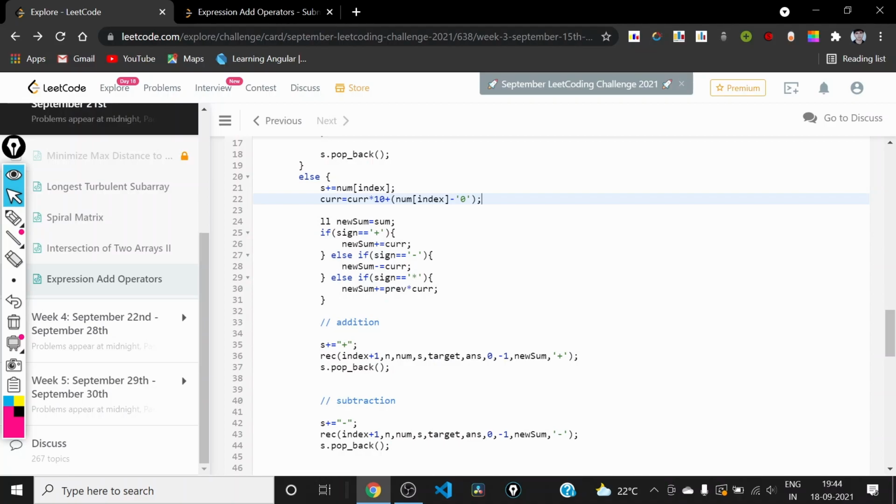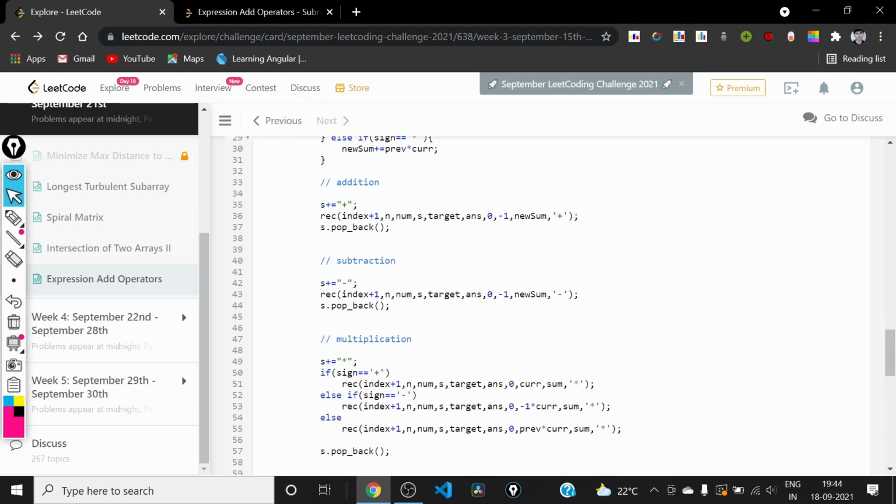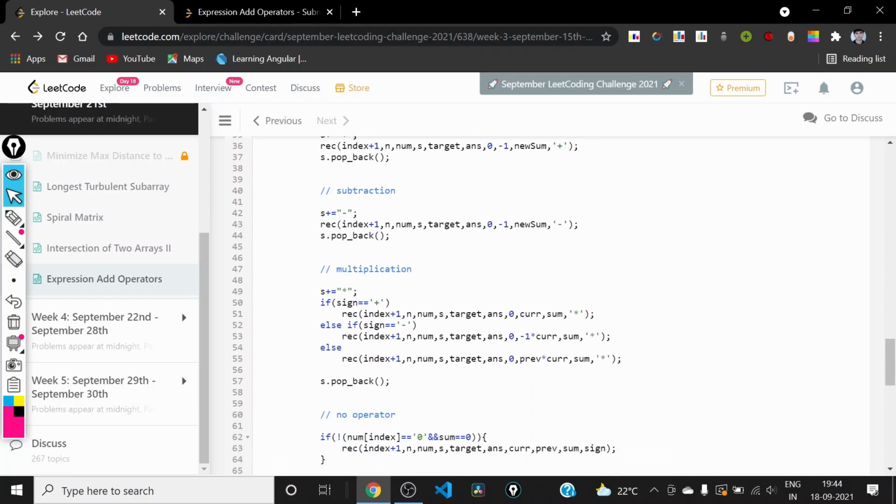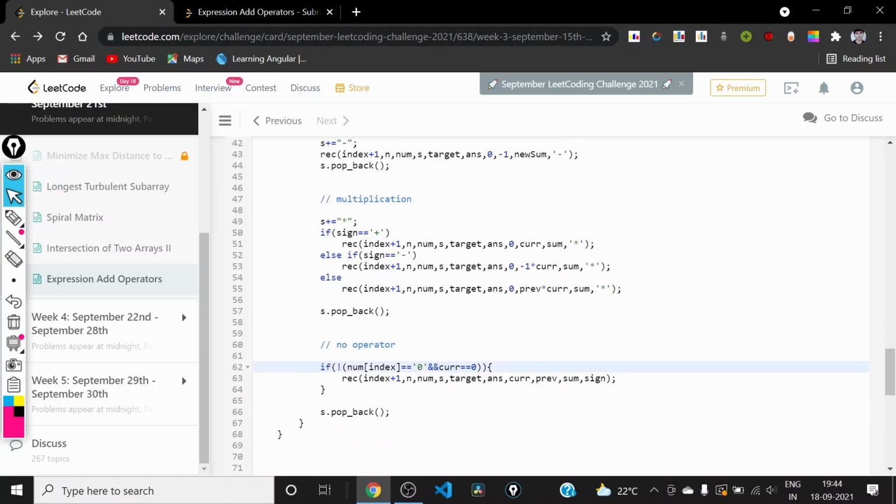We have fixed this index thing. Now there is one more thing that we need to fix. Instead of sum, it should be current. If the current is 0, then obviously we are forming a number with a leading 0. So we don't need to use sum here; we need to use current here.